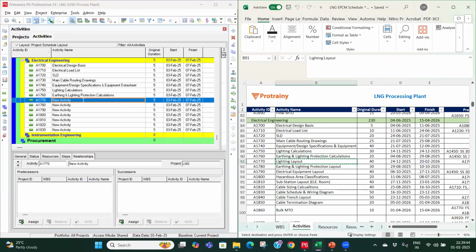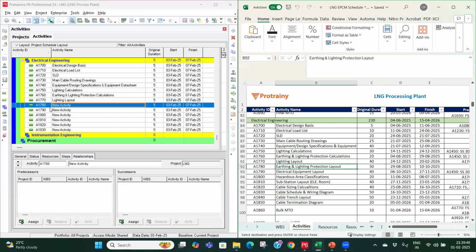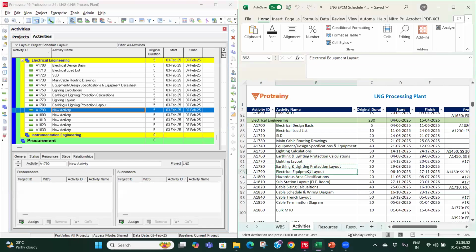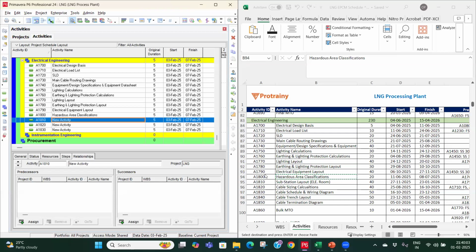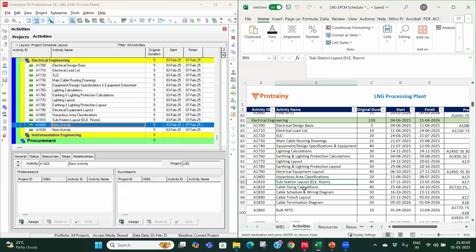We have lighting layouts, earthing and lighting protection layout, electrical equipment layout, hazardous area classification, substation layout or electrical room layout, cable sizing calculation,